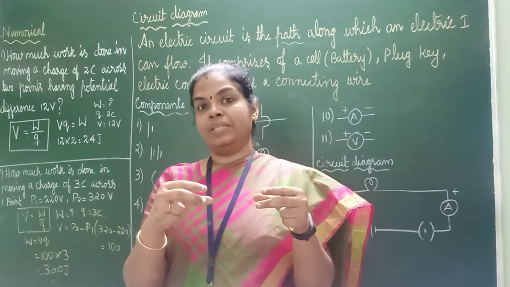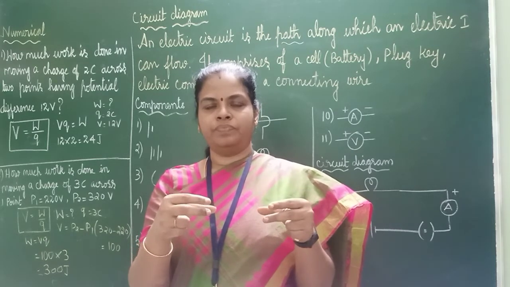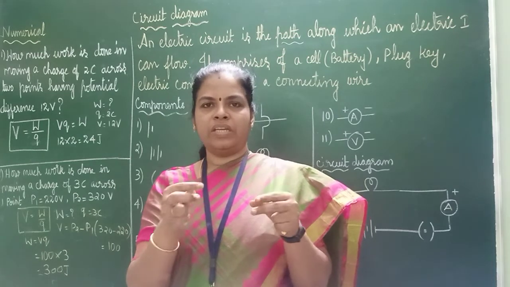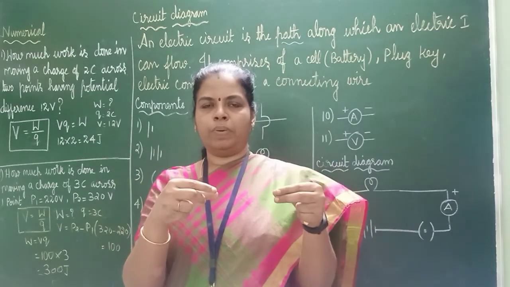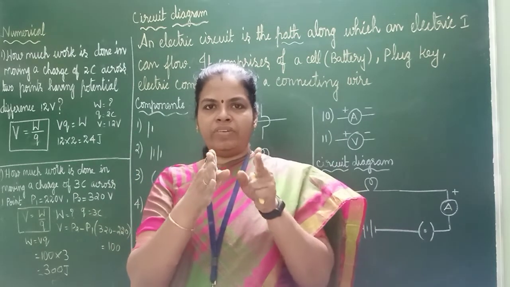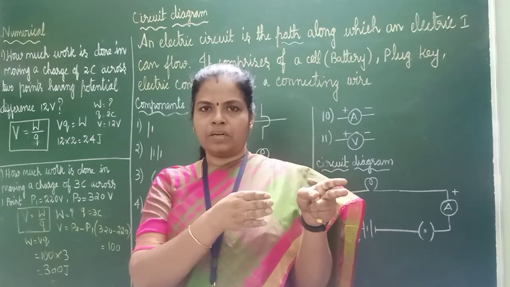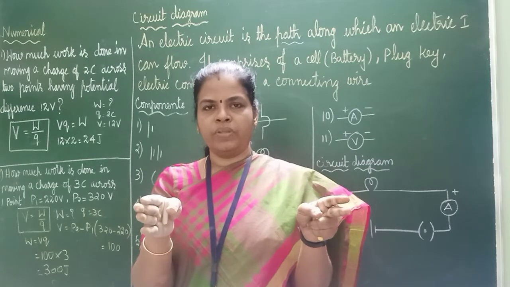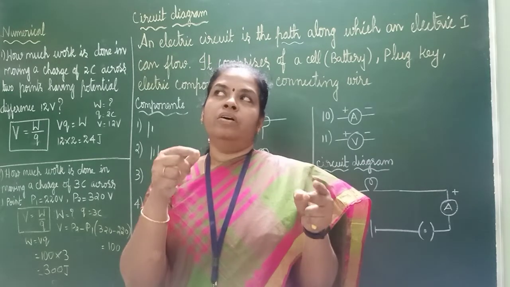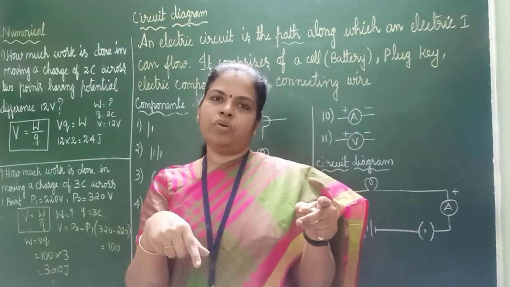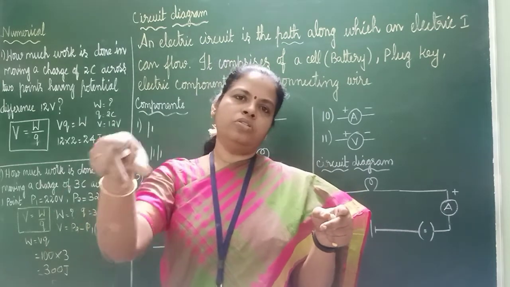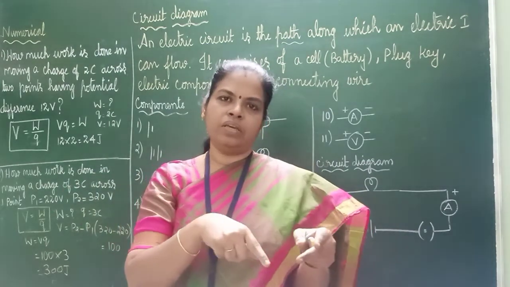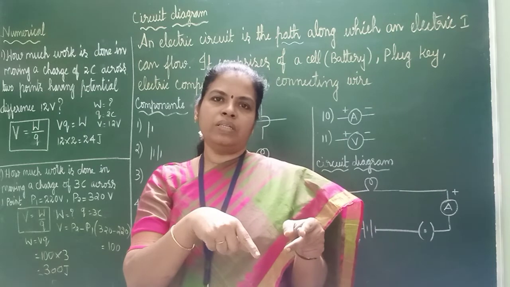We know that there are chemicals inside a cell. So what happens automatically when you allow current to pass through, they will divide into positive protons and negative electrons. They will divide into two, and from which end to which end will electrons start flowing? From the negative terminal to the positive terminal they will start flowing. So who is doing the work there?